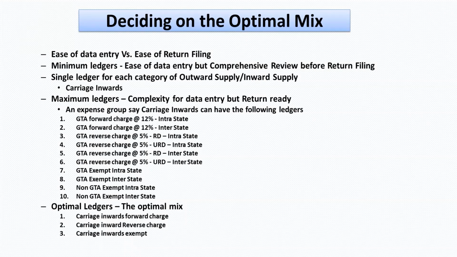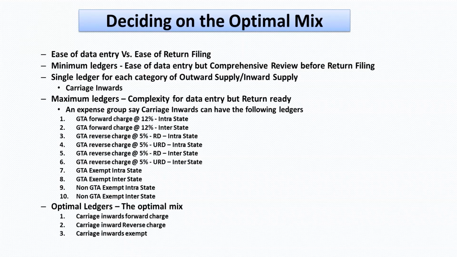Take another example, let's say we can have all 10 varieties of ledgers just for carriage inwards. Forward charge 12%, because some GTA might have been charging forward charge at 12%. Some might be intrastate, some might be interstate, some might be registered, some might be unregistered. Reverse charge itself, we can have 4 categories of ledgers.